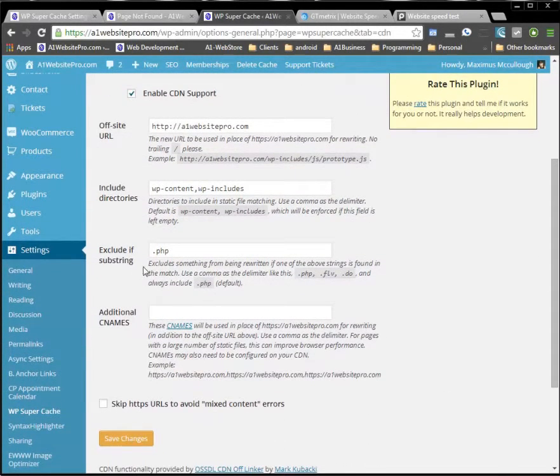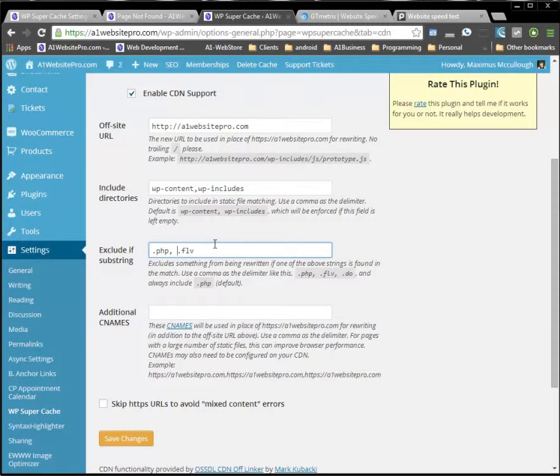All right, so let's say that your content delivery network is not serving your content. It's not serving good content. Maybe it's having a problem with FLV files. I've had one client that had a problem with Pinterest. So how would we do that? Well, what we would do is we'd separate these with commas. And we'd put .flv and then